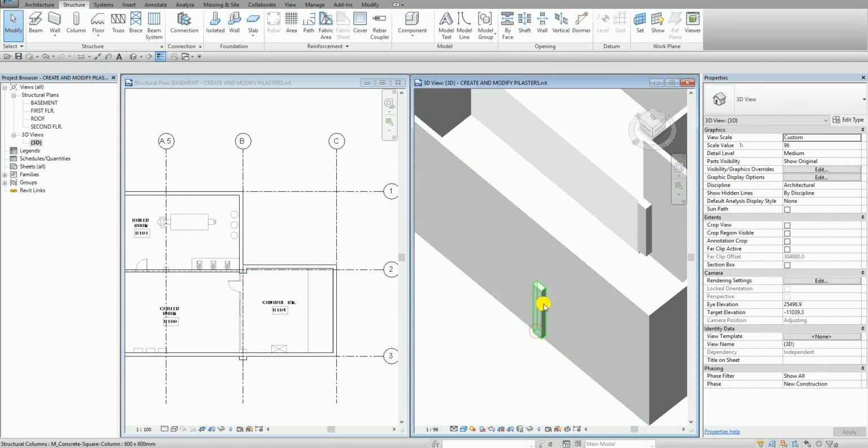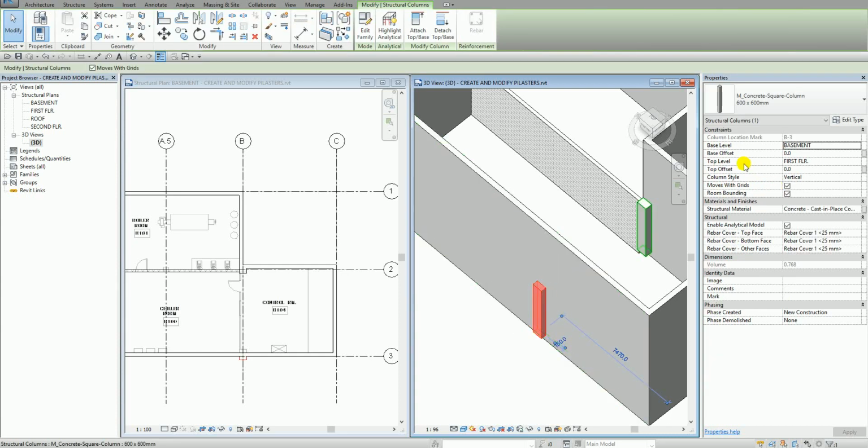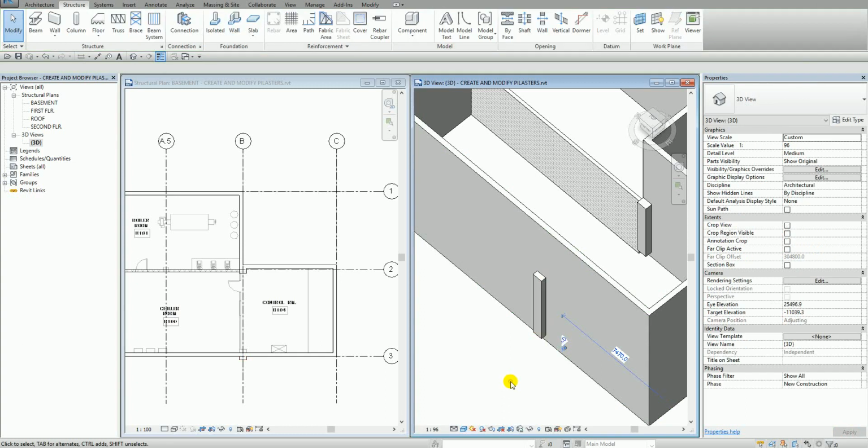And if I want to modify, let's say, this column, I'm going to select this column, and I want to change, for example, the top offset, the top portion of the column. So let's say I'm going to key in 900 and then apply. You will notice it will update my column. There you go. So after I create these two columns or pilasters,